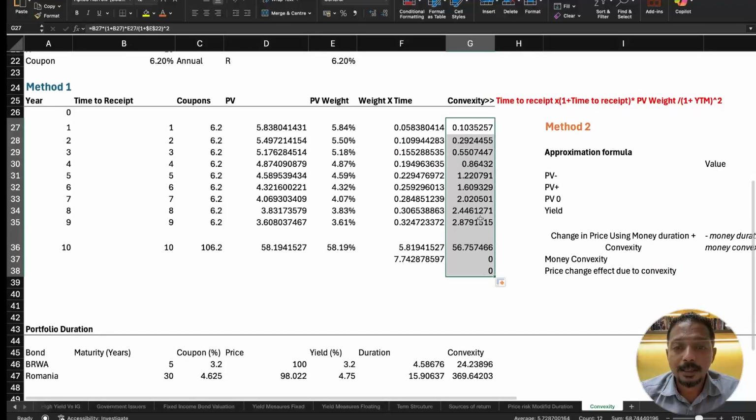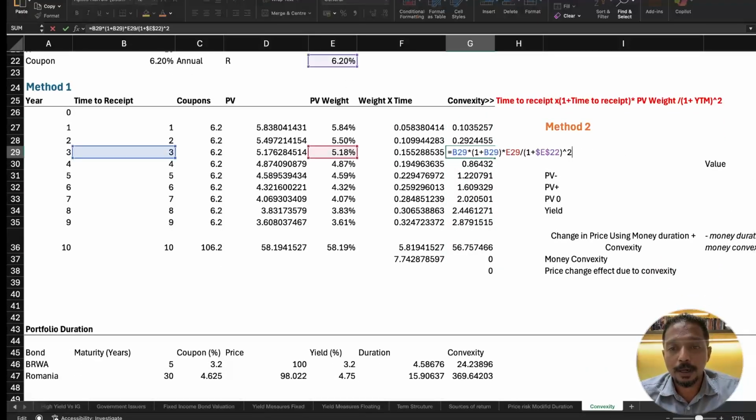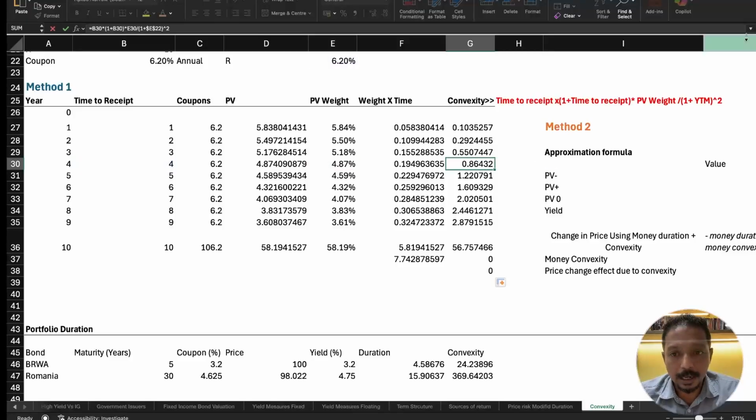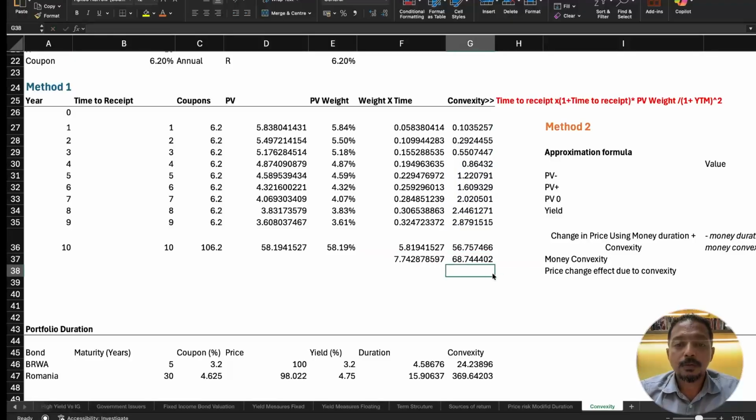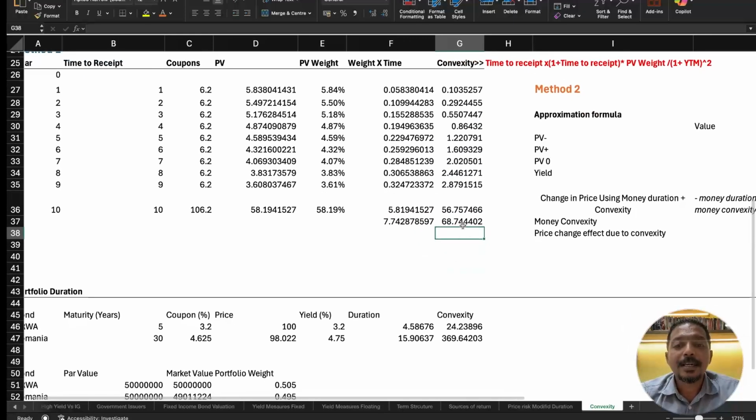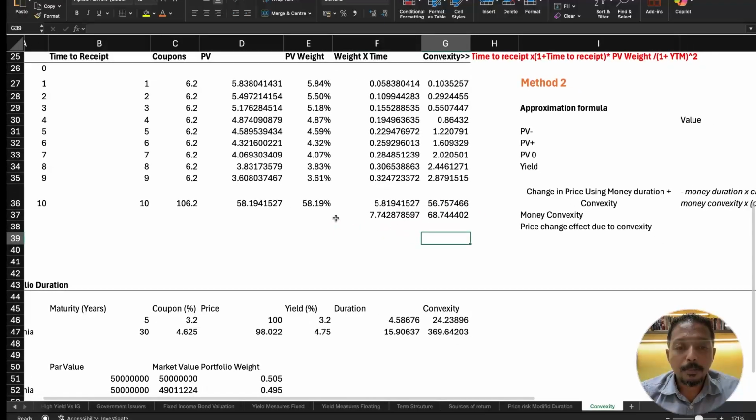Now double click this again, similar to how we did the calculation for duration as well. And now if I just add this up together, this gives me a total annual convexity of 68.744. Now, in order to interpret this, remember this convexity does not really tell you directly